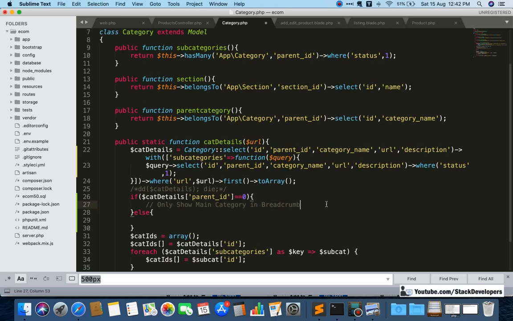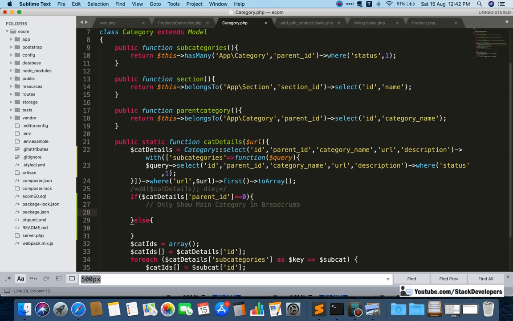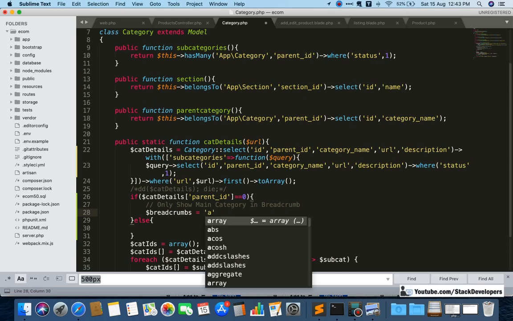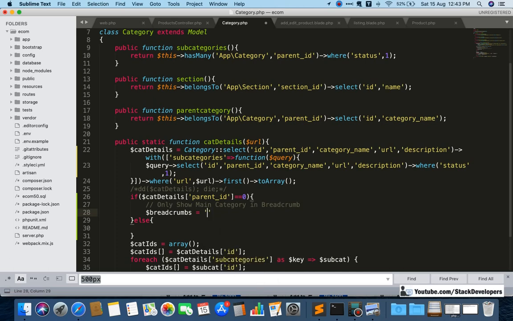So here only show main category in breadcrumbs. So what we are going to do, we are going to make one breadcrumbs variable, breadcrumbs, and here we are going to add href a.